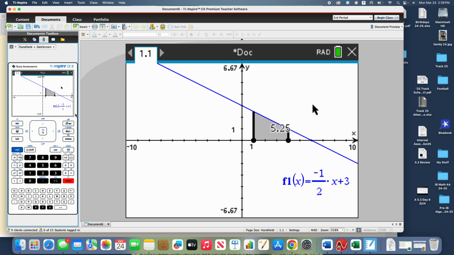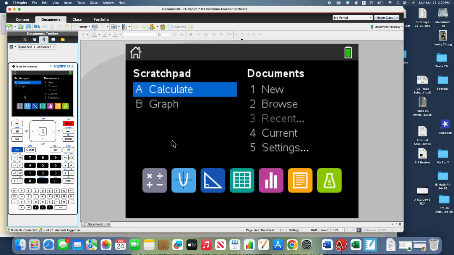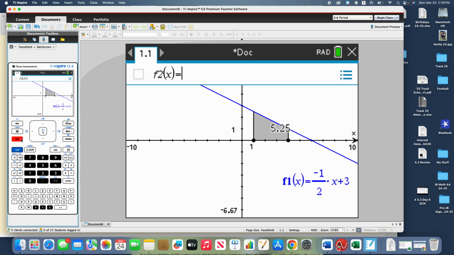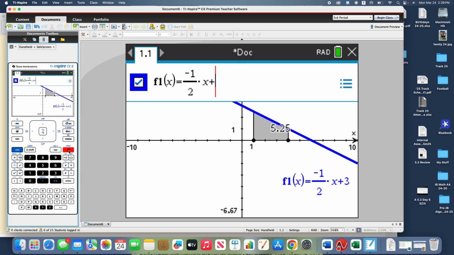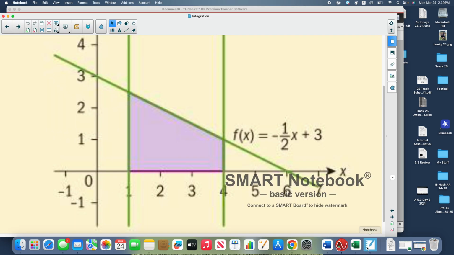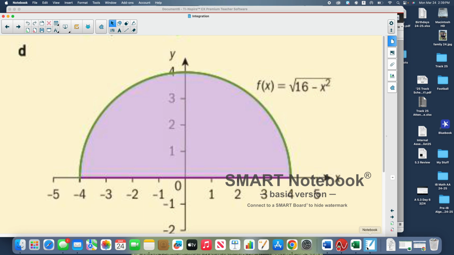Let's do another one. I'm going to start fresh. Actually, let's see if it'll work this way. I'm going to go to Tab, go back up here, and delete this out. The next one that we had in our notes from Friday that I want to work with you, because it looks a little bit weird, is this one right here. This is a circle. I know that I can prove that because the radius is 4 here, the radius is 4 here, the radius is 4 there. So it's a circle, but it's a semicircle, only half of it. There's my function, the square root of 16 minus x squared. So if I were to go put that in,